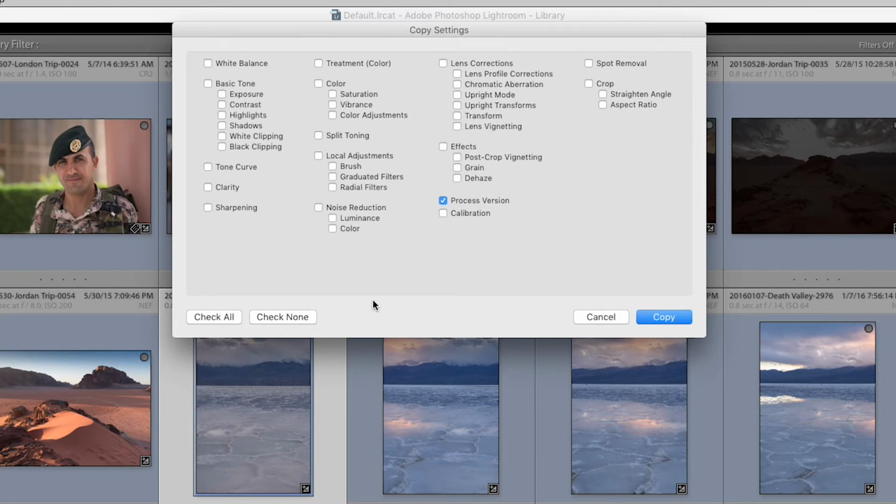Now I could say, you know what, I'm only going to pick white balance and just the basic tone adjustments, which includes all these exposure, contrast, and other stuff that we talked about before. Or I could say, you know what, I'm going to check everything. Because in this case, maybe I just want to carry all the changes over from that first image to the